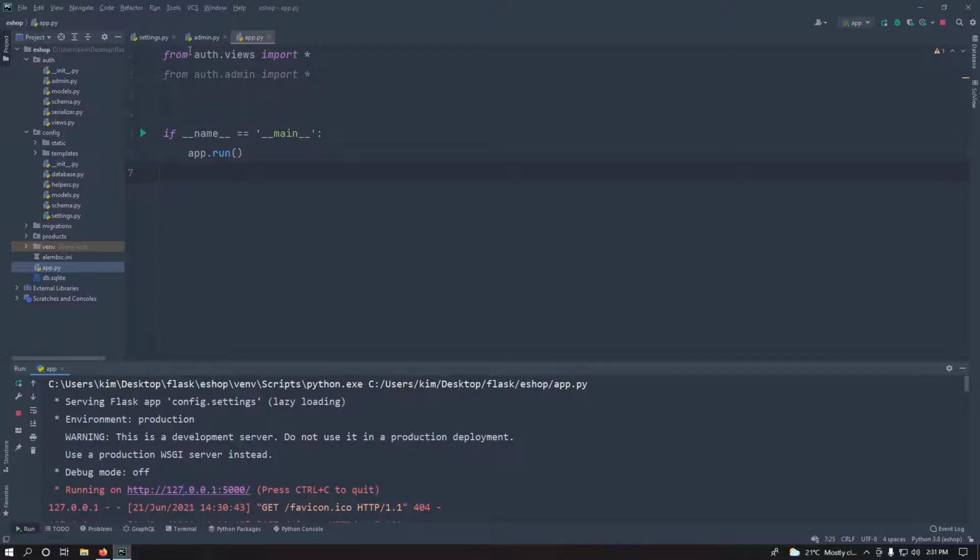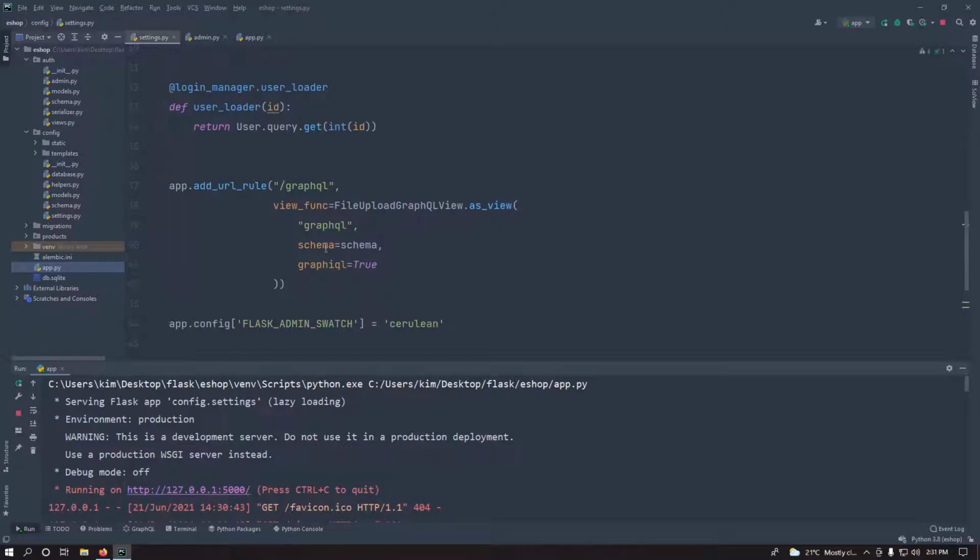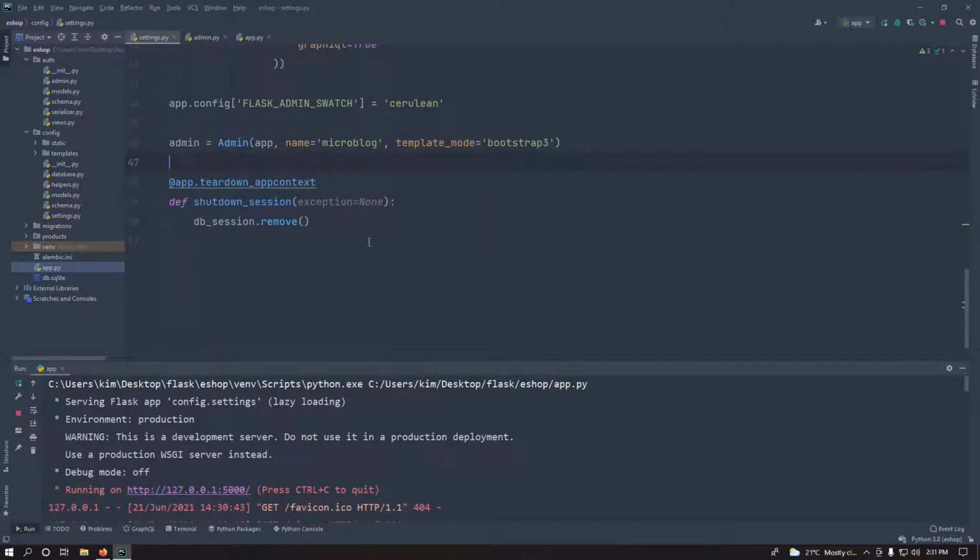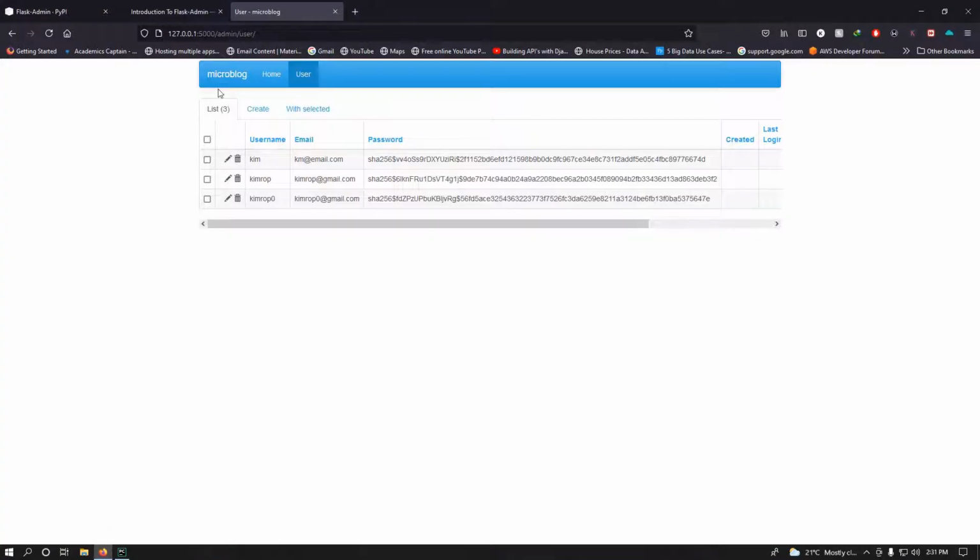So let me show you how you can change the name of your application. If you come over here inside your admin, you see the name for your application is over here, and it's using Bootstrap 3. So right now what you want to do is change the name of your application. For instance, we call it eShop. So we can just change here to be eShop, and we can say we want Bootstrap. Let me show you Bootstrap 3. You see the way it looks now whenever we are using Bootstrap 3.